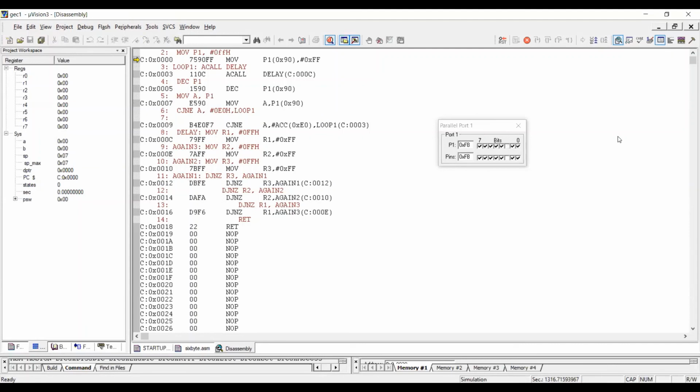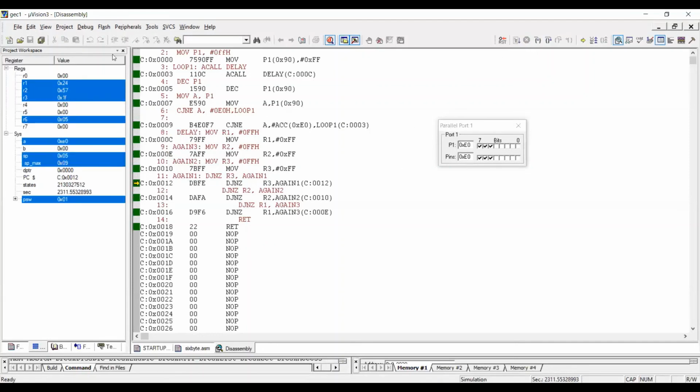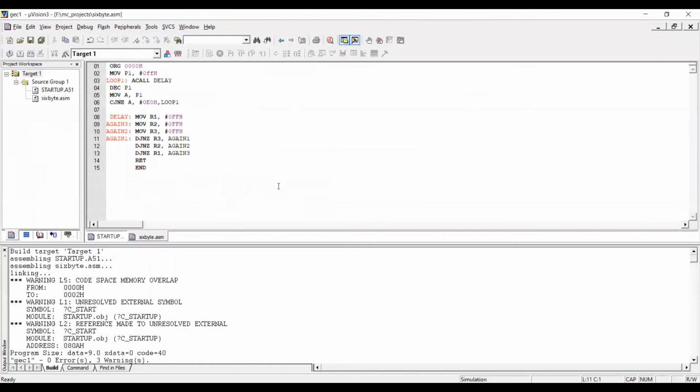You can have the down counter till any count value, right? Whichever count value you want, you can give it in the instruction CJNE, comma, that count value, till which value the counter has to count, right? You can give it in that instruction, right? This is about hexadecimal up counter and also hexadecimal down counter. And next we have a decimal up counter.